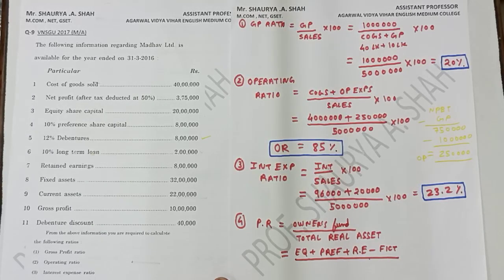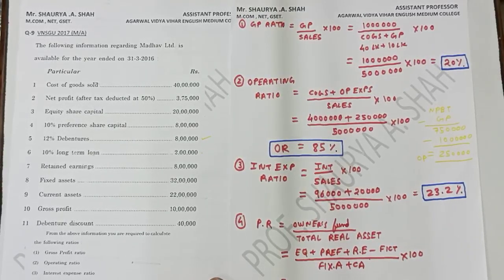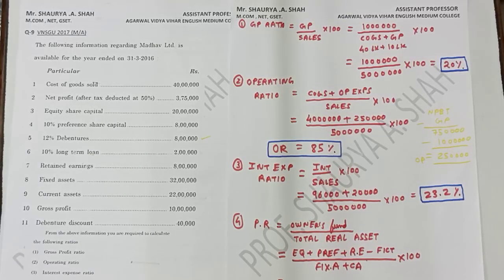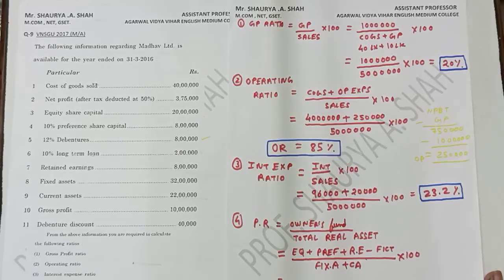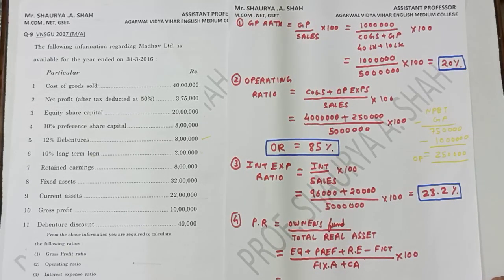Here students, total real assets means fixed assets plus current assets, right? So what do you mean by fixed assets plus current assets? That is your total real assets. So if I put it in the formula, 20 lakh my equity share capital, plus 8 lakh preference share capital equals 28 lakh, plus retained earnings 8 lakh gives me the answer of 36 lakh, right? From that I deduct the debenture discount. So my answer here comes to